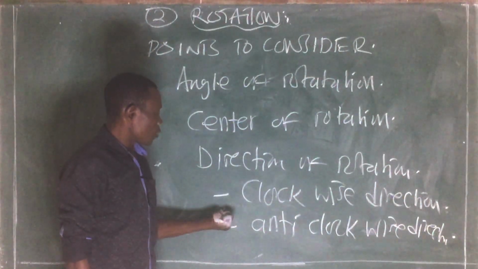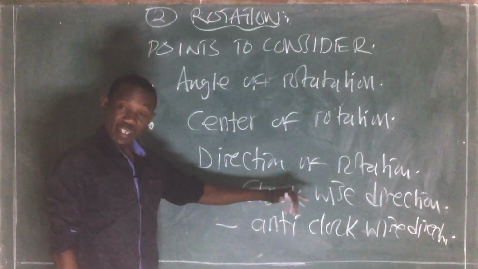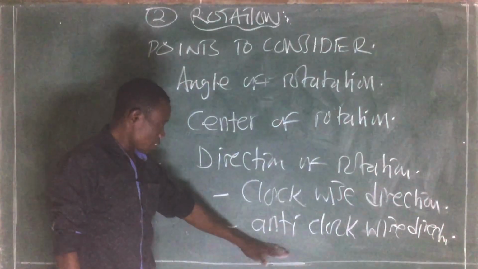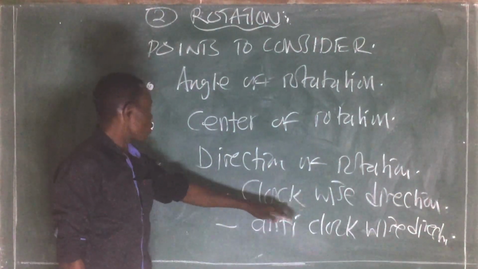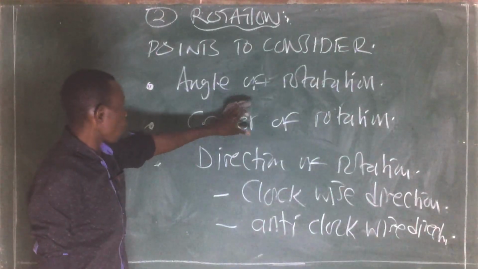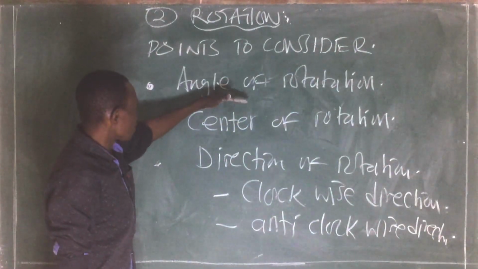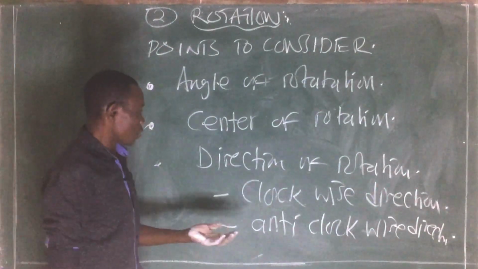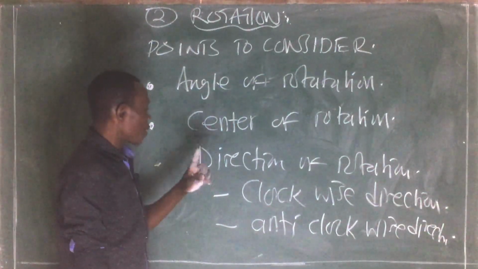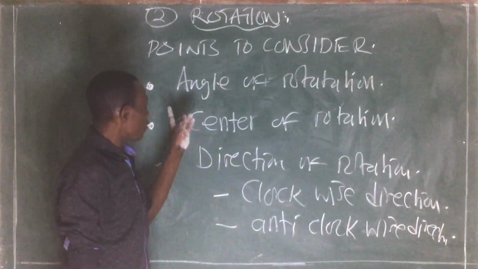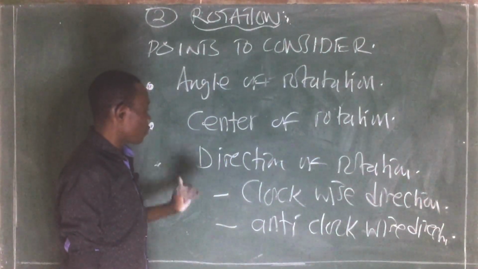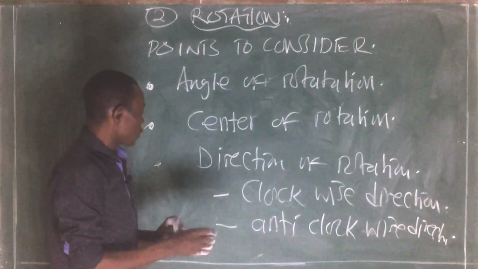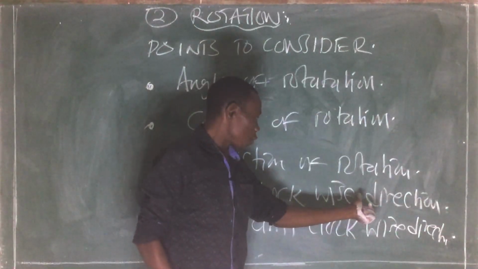When we say an object is rotating in the clockwise direction or the anti-clockwise direction, these movements will always affect the what? The angle of rotation. So the angle of rotation will be able to tell you the direction of the rotation, because if something is moving, there must be an angle that is created, right? So if I've got a particular angle of rotation, that will define which direction an object is rotating, right? So an object can rotate in either of two ways,